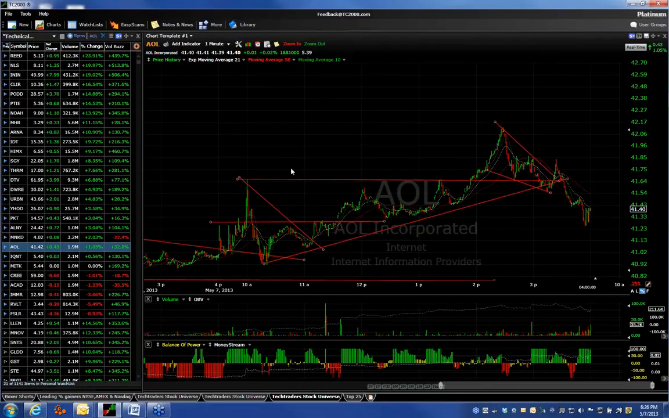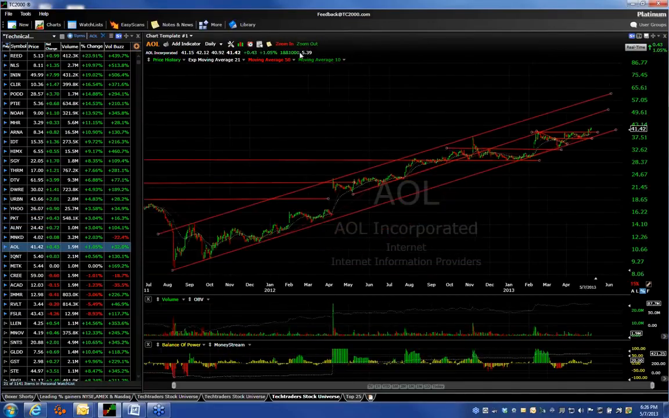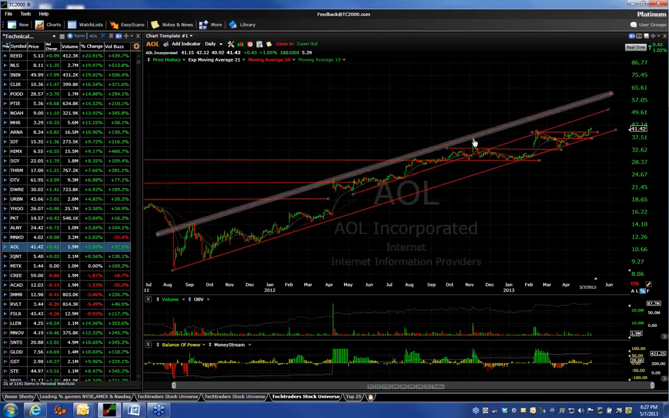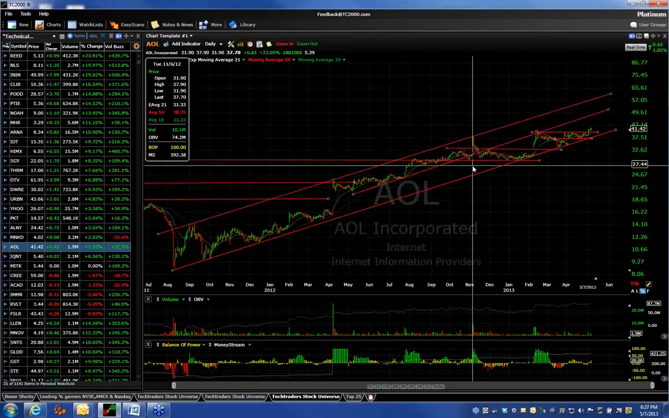Here's an example of a stock that is a swing trade of mine. I'll show you first of all why it's a swing trade. AOL was a swing trade. I told all my people when it gapped up here and consolidated for a few months, it was probably going to move again. It broke out here. It broke out there. We had a target of 40. It reached